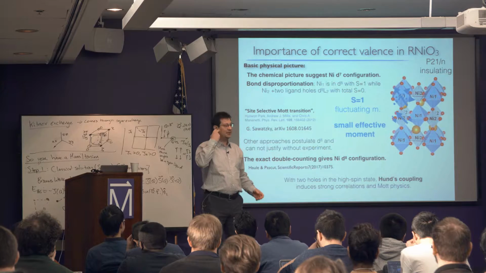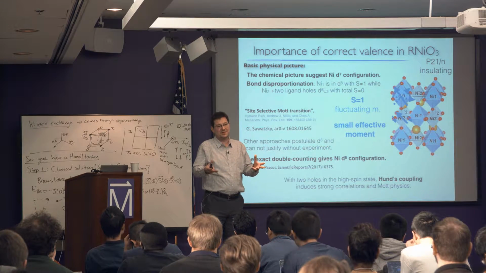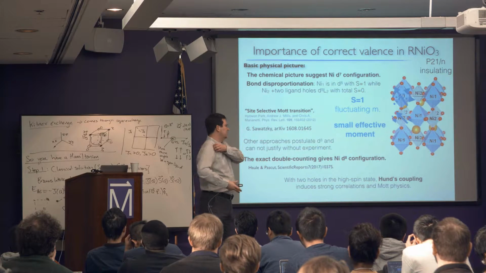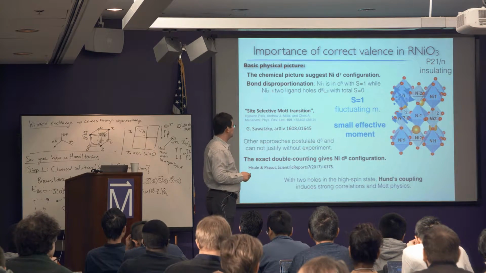And that usually gives you the wrong valence, and wrong valence usually has wrong physics. So that's an issue. Now, the other thing which was kind of puzzling in the literature for a long time